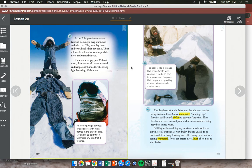At the poles, people wear many layers of clothing to keep warmth in and wind out. They wear big boots and overalls called fat boy pants. Their mittens have furry backs to wipe their noses and warm their ears. They also wear goggles. Without them, their eyes would get sunburned and temporarily blinded by the strong light bouncing off